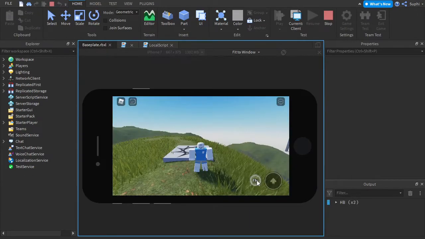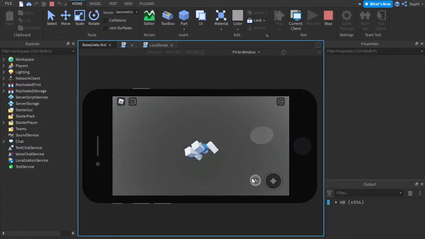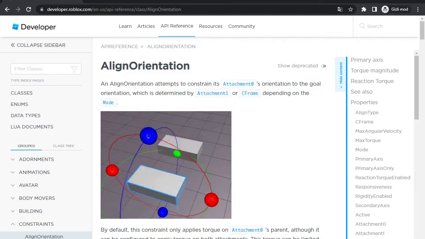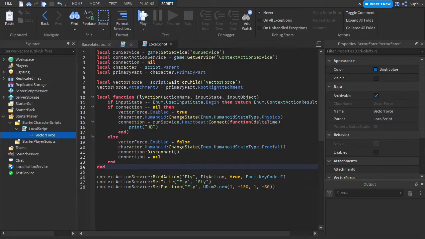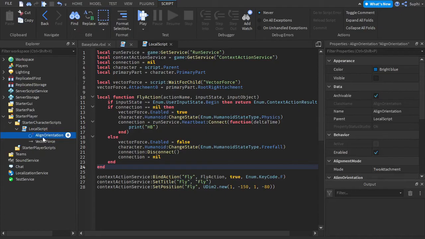So if we test the game again, when I enter fly mode, my character now starts spinning out of control because the humanoid is no longer controlling the character, and I no longer have the ability to move my character around. So in free fall I can move my character, but in fly mode I can't move my character. To prevent the player from flipping out of control, we're going to use align orientation to make our character rotate in a specific orientation. So now let's create our align orientation, and we do this the same way we created the vector force. So I'm going to come into here and create an align orientation,